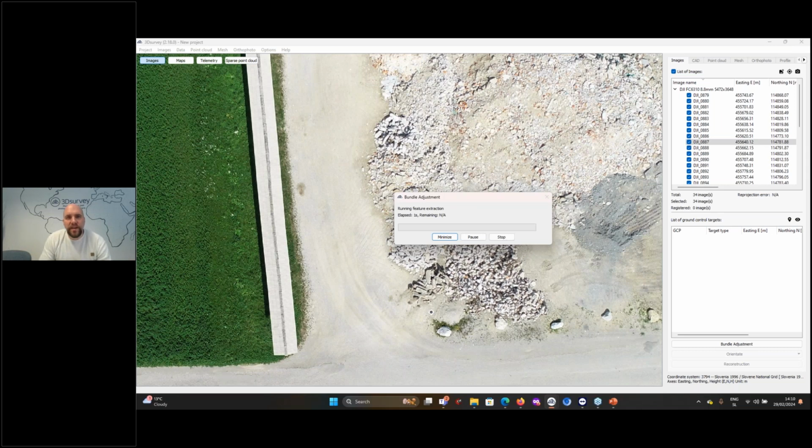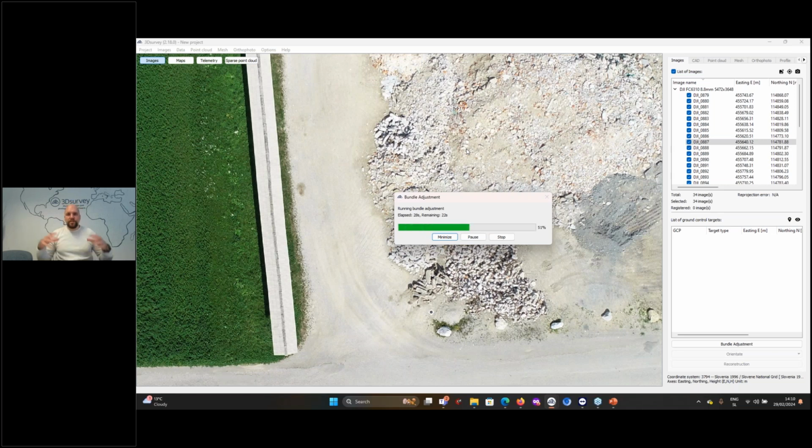So now when bundle adjustment is running, software goes through the images and it finds interesting points in the images. These interesting points are usually some kind of blobs or some kind of corners. The software calculates some special descriptors for these points, and based on these descriptors, it finds same points in different images.